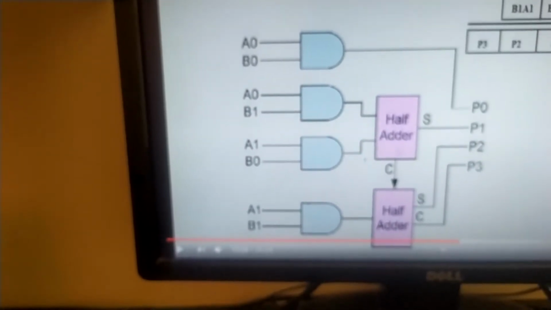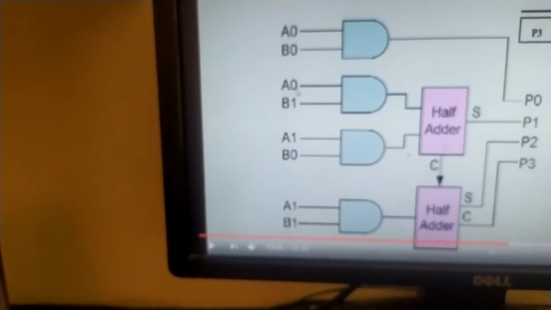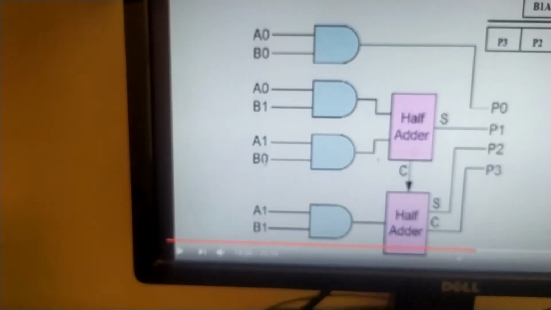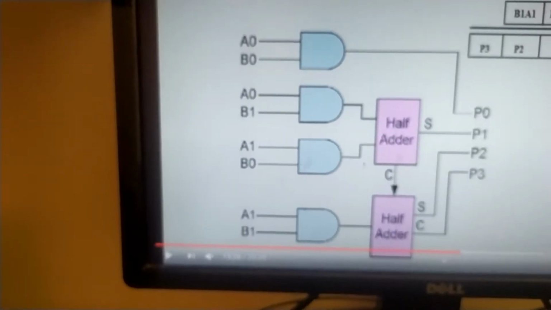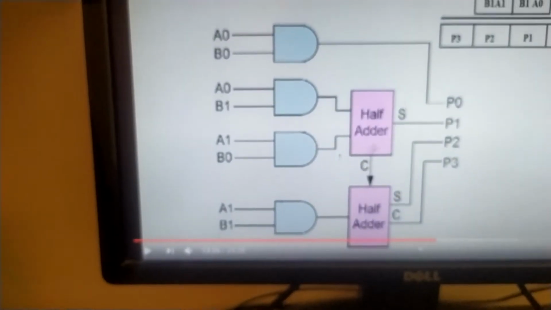Similarly, you take the products B0 A1 and A1 B0, so logically the AND operation, then perform an adding operation.